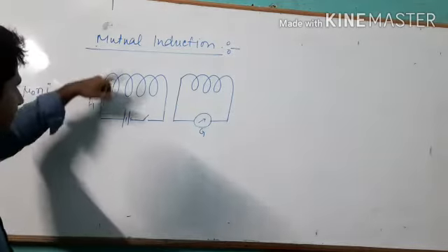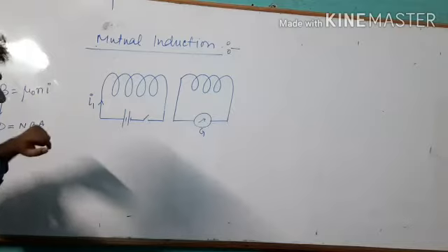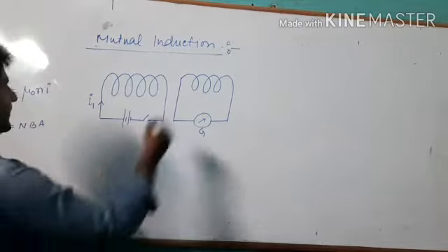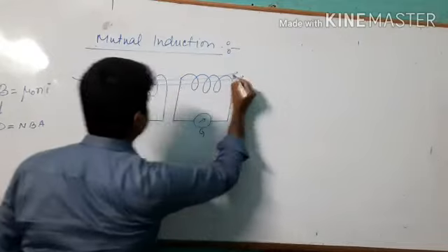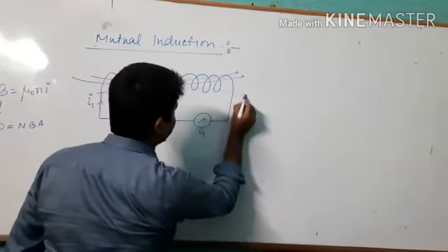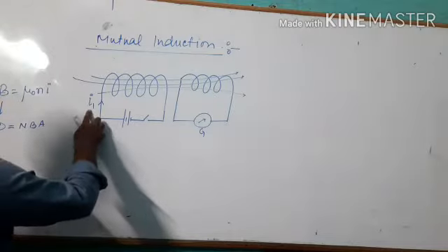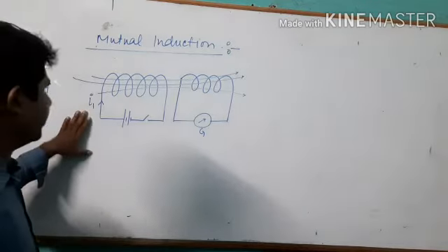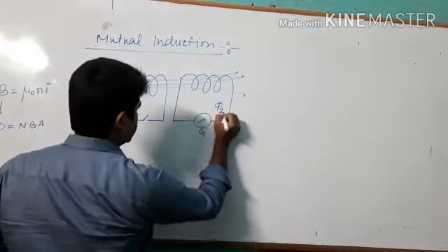Suppose I1 current is passing through the first coil, which is called primary coil, and this I1 produces a magnetic field. So magnetic field lines will pass from the first coil, and some of the magnetic field lines, or you can say the whole field lines, will also pass through the second coil, its neighboring coil. Now if you increase the current I1, it means magnetic field lines increase. So if magnetic field lines change, it means the flux linked with the second coil also changes.